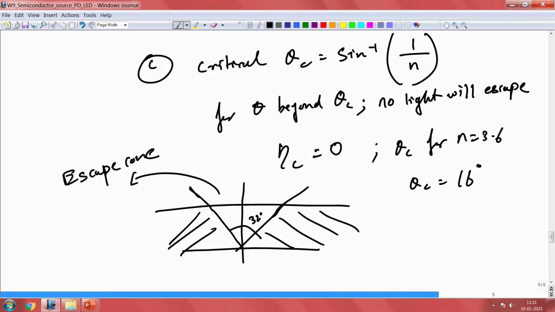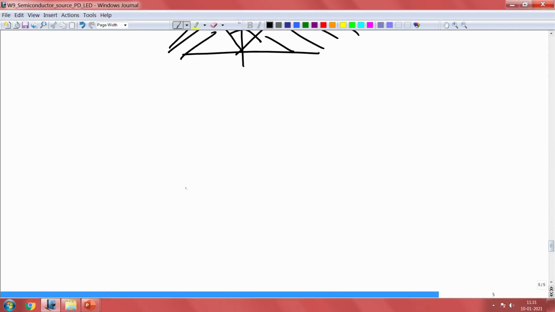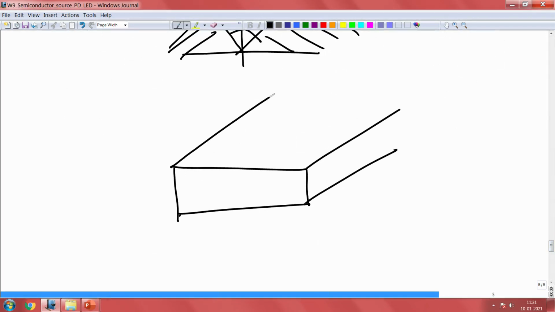So, the rays inside this particular angle can only escape out. Beyond this you will not be able to have any light through. So, let us just look at that escape cone in a 3 dimensional fashion. We have this very nice slab, and then we have this region, and we have emission from here. So, we have emission, and this emission will have a nice angle to this, and this is going to result